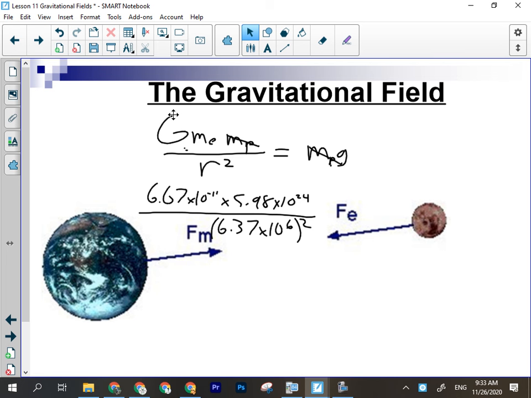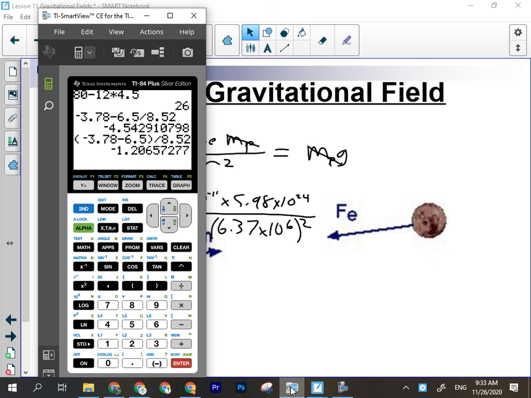Am I actually going to get that? No. I'm going to get close to it, but not exactly 9.81, because that's an average acceleration due to gravity of all points on Earth. And this number here is the Earth's average radius. So it makes a bit of a difference. All right, so when I plug this in,